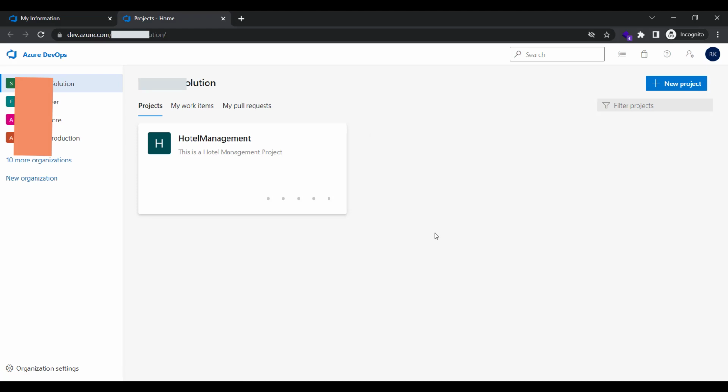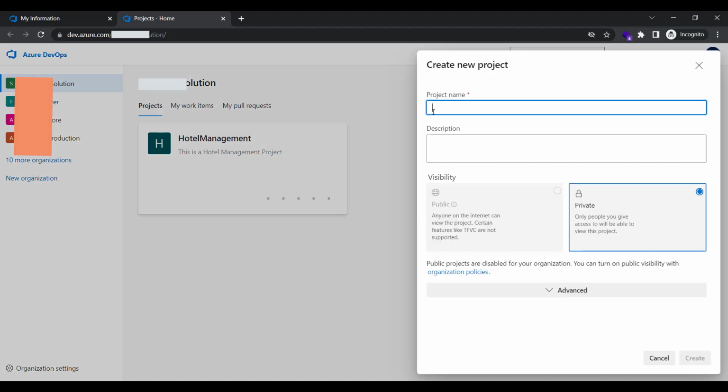So I have already one hotel management project in that, so we will not see that. Here is the option to create the new project. We will choose that option and it will ask you for the project name, so I will use the test VSTS. Okay, now add the description,